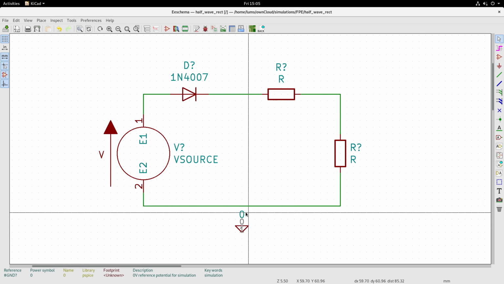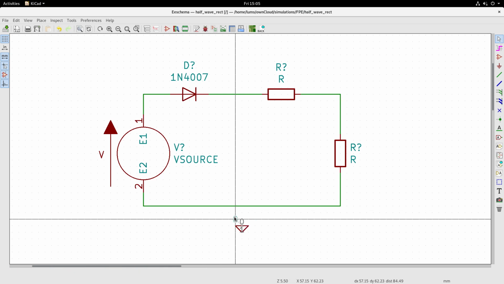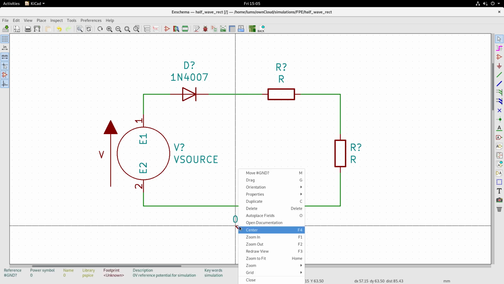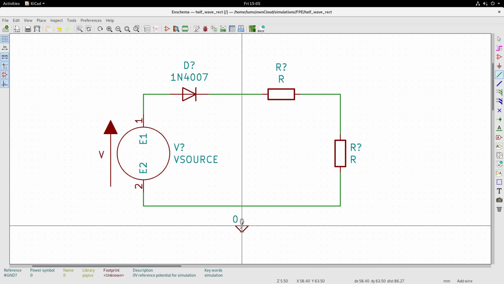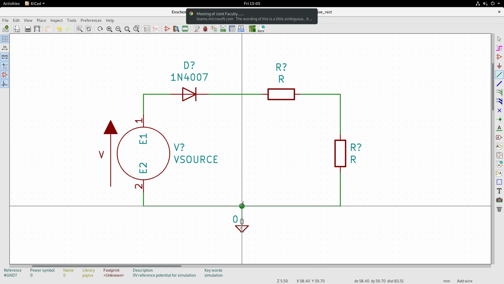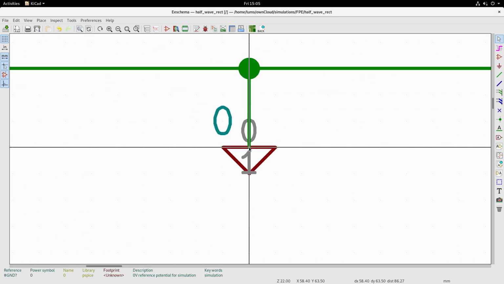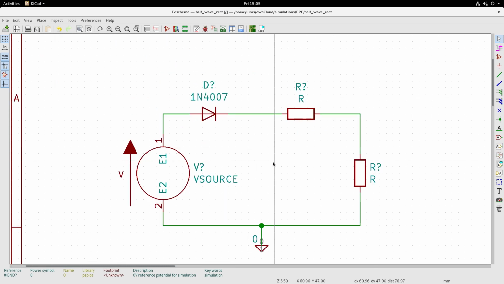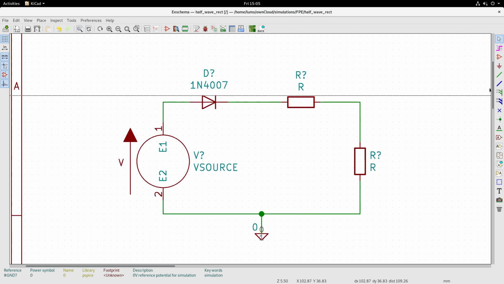Then take the regular mouse. Let me move the value a bit to the left so that I have some space. And let me take wire and connect this wire to this point. So you see that the ground is connected. So we just need to give the values now to the circuit. Now the circuit is completed and let us give the values.